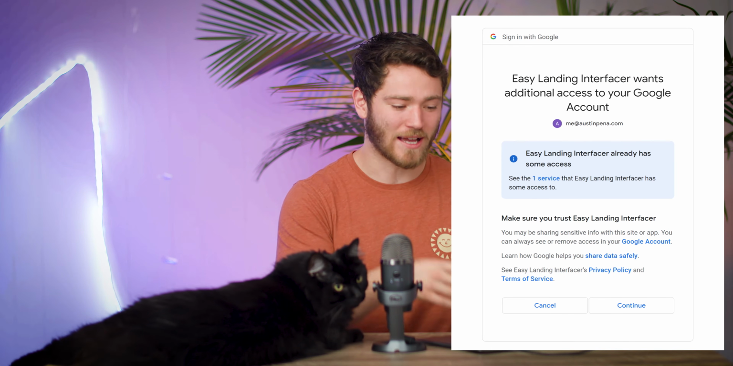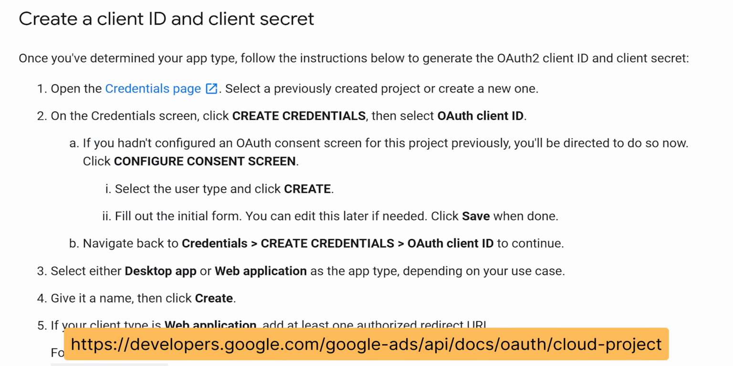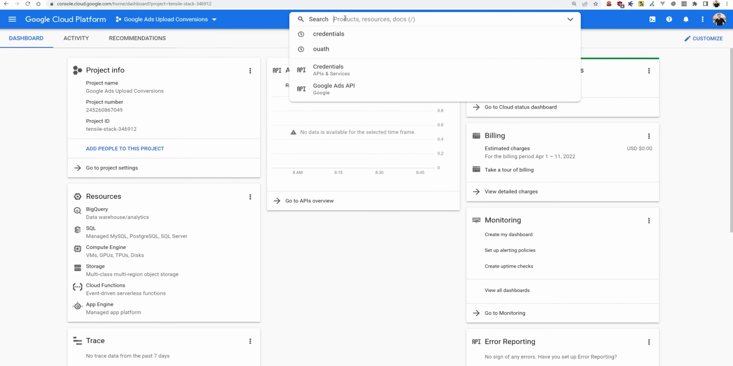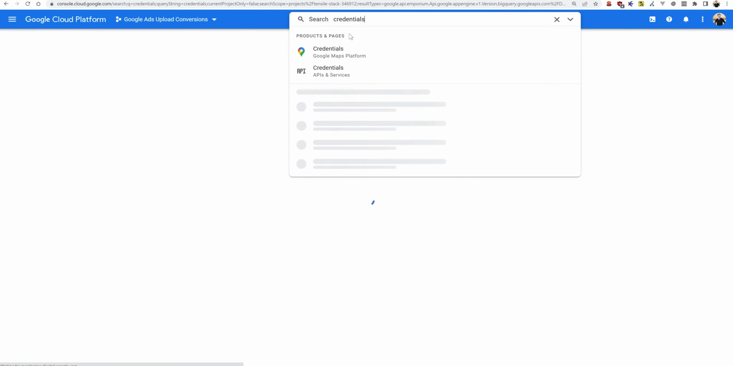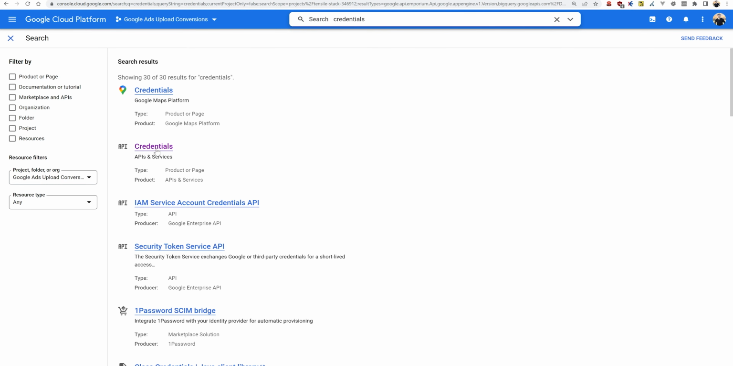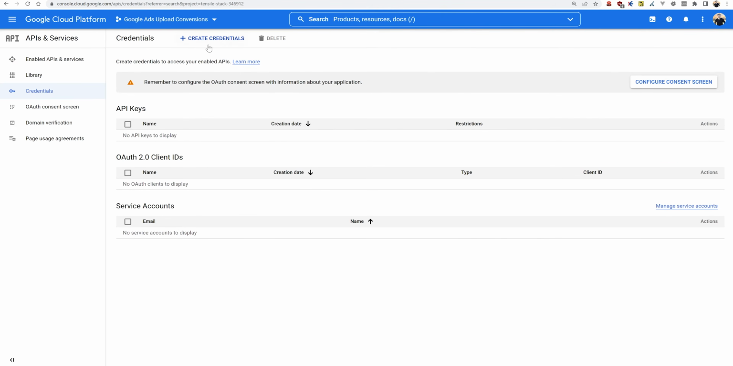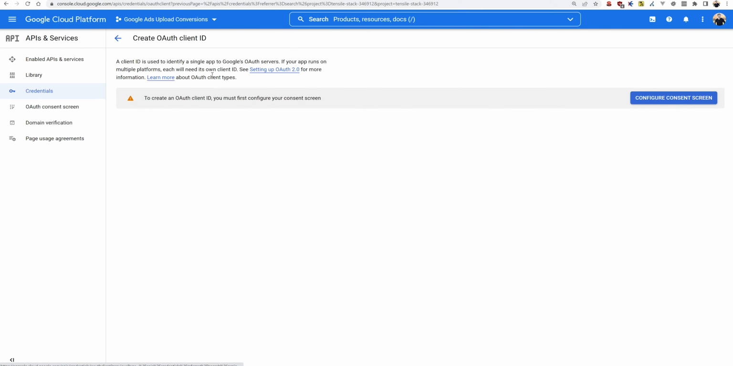All right, next step, we're going to create the OAuth consent screen. That's something that looks like this. Basically, we ask people, hey, can we get credentials to act on your behalf? And for your reference, I'm going to follow the guide that Google lays out right here. So within your Google Cloud project, go ahead and search for credentials and click on this second one with API. Create credentials, OAuth client ID, and configure